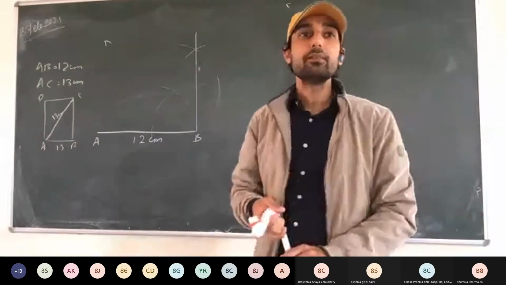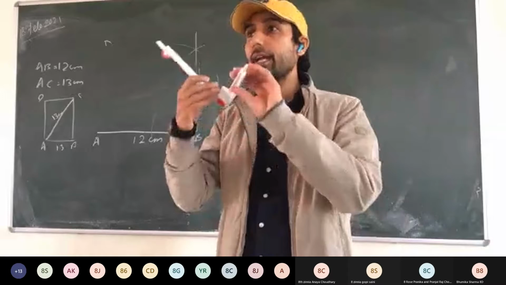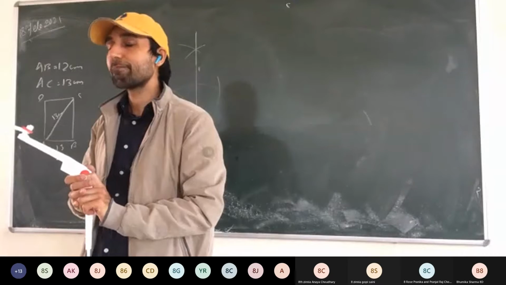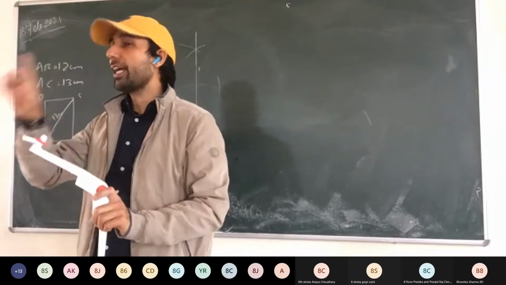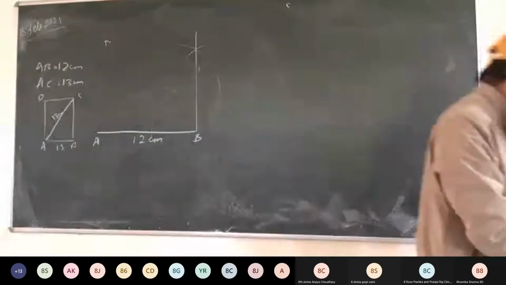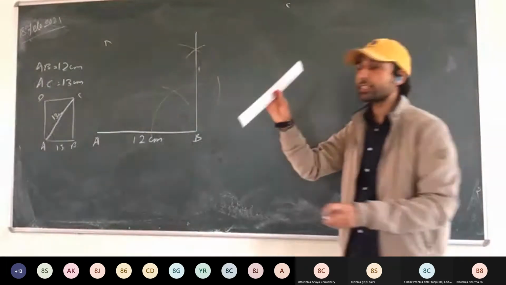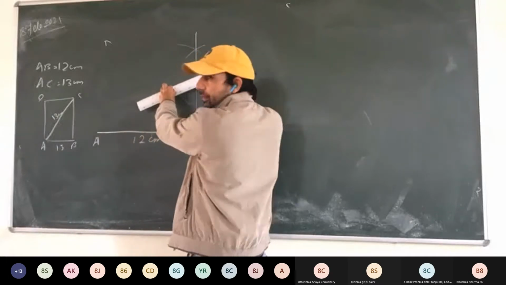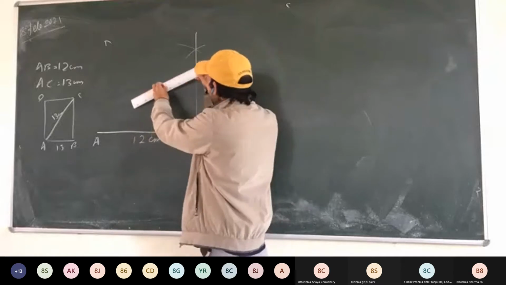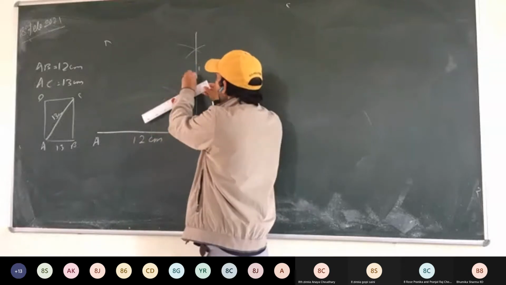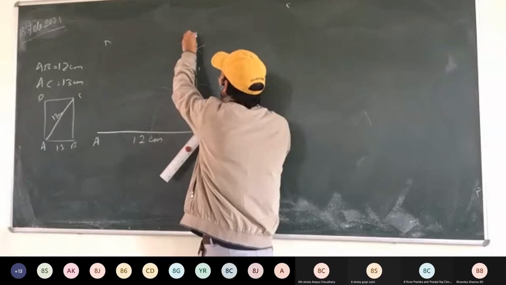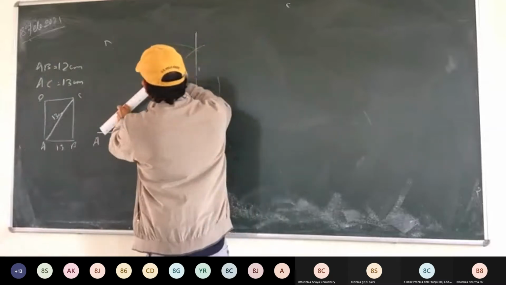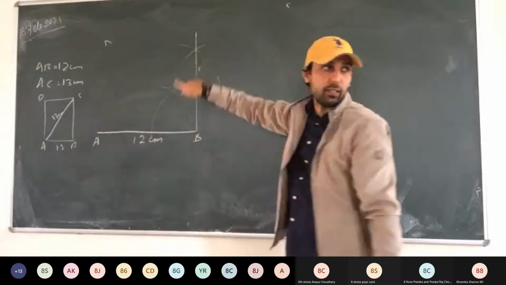See it again. Take a length of 13 centimeters. Few compasses won't have 13 centimeters. You can do one thing. Those who don't have 13 centimeters, take your scale. From that scale, see where 13 centimeters is meeting. With your scale from A, take 13 centimeters and mark that point. See where 13 is touching this line.